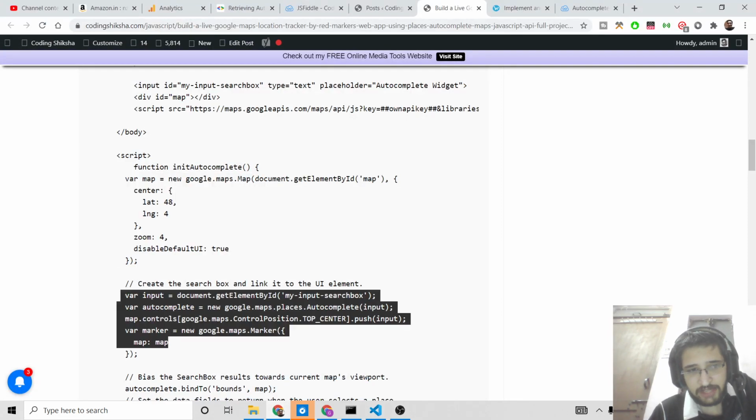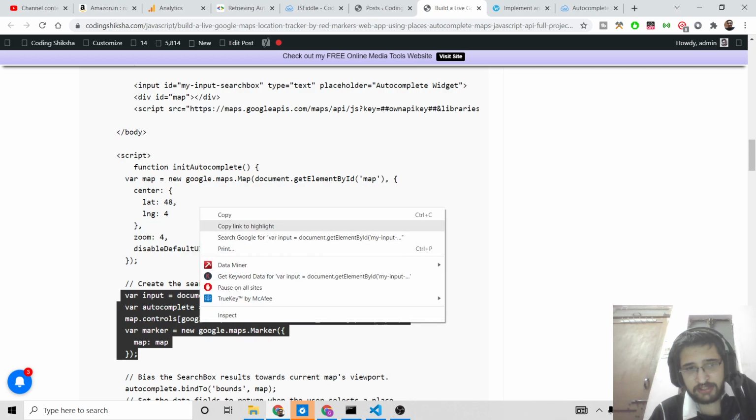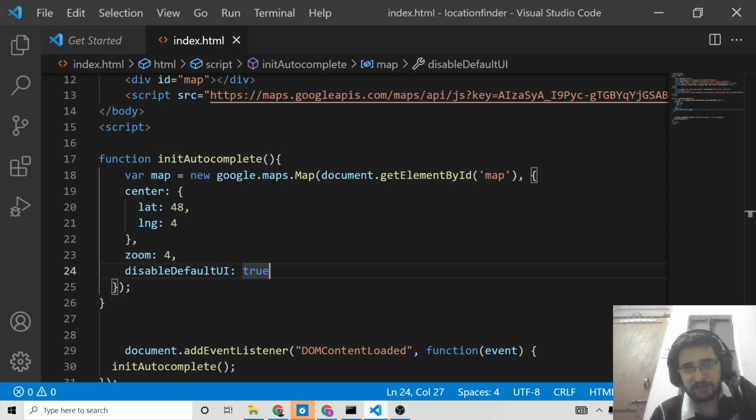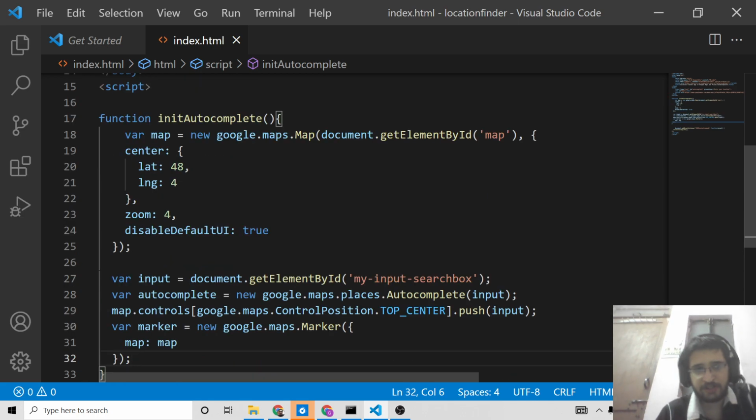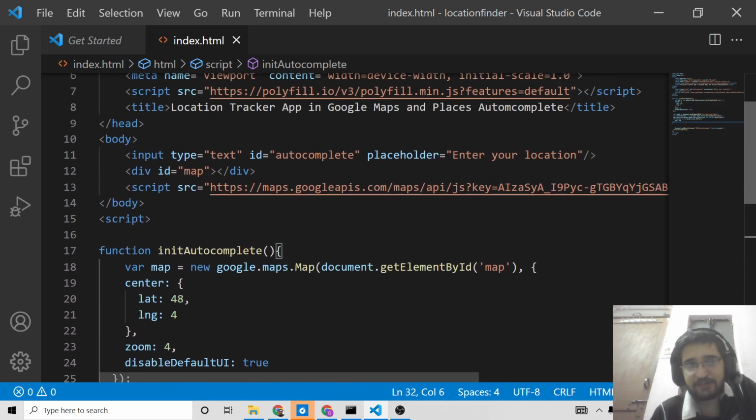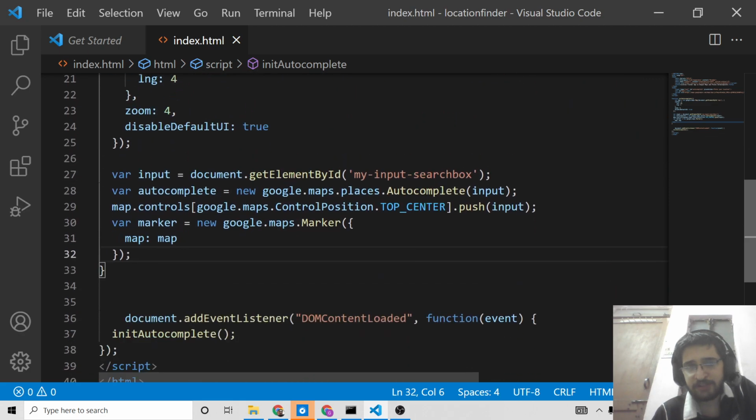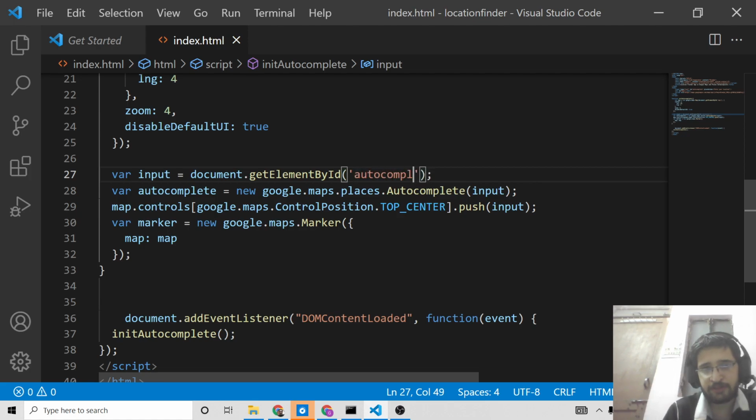And then guys, we will attach this input field as well, which is autocomplete. So the next step is very simple. Just paste it here. We are selecting the input field, we have given this ID of autocomplete. After getting the reference of the input field, we are calling this method,